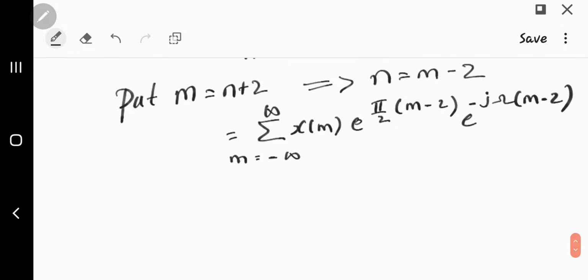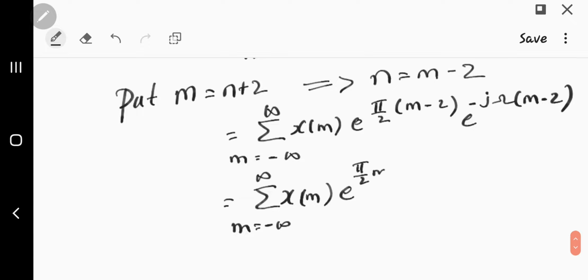Okay, now let's simplify this. M is equal to minus infinity to plus infinity x of m e to the power of pi by 2m